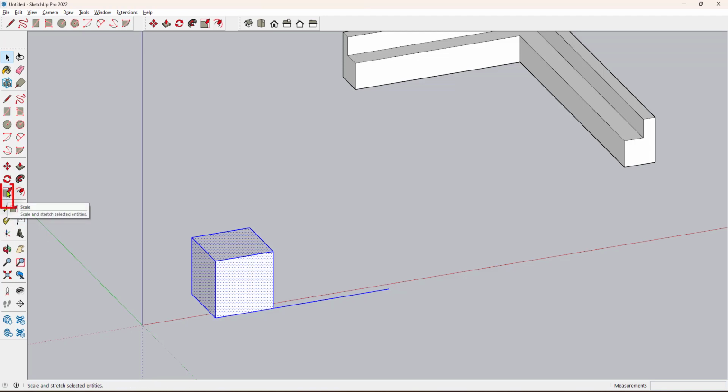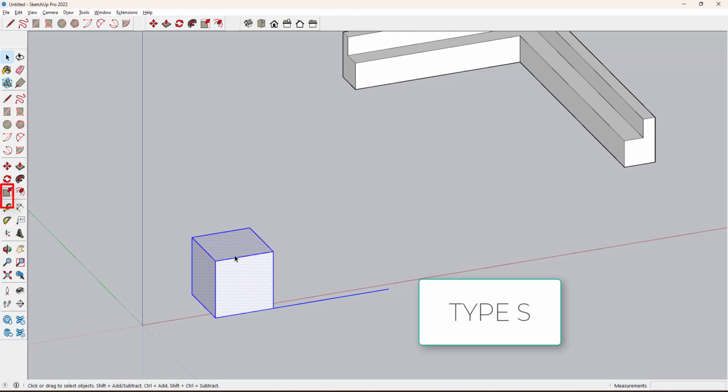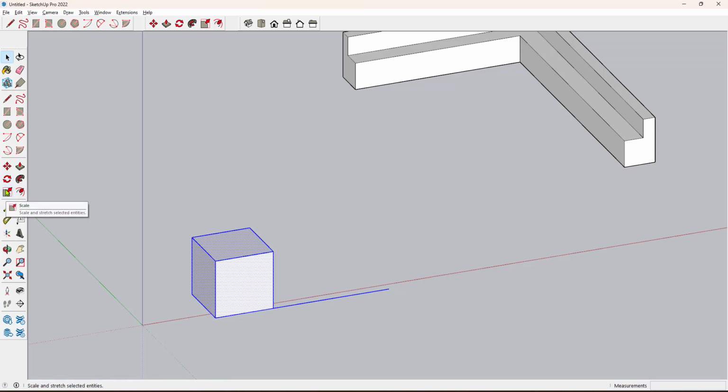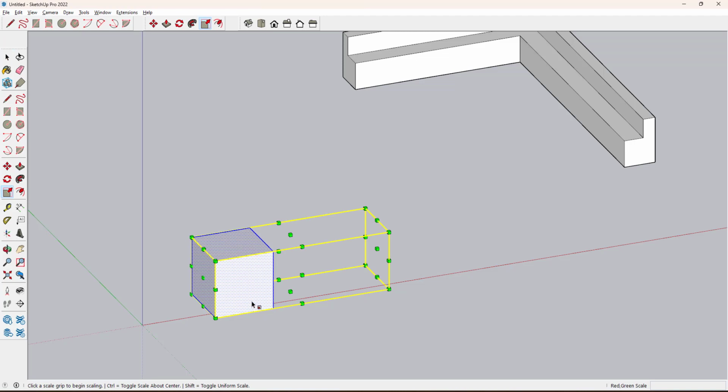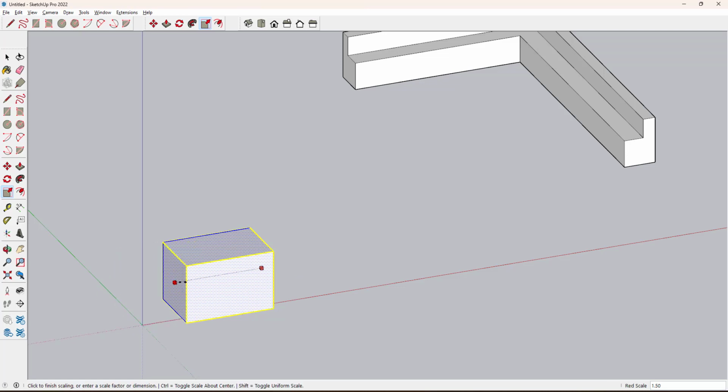then you click on the Scale tool. Before that, make sure you are selecting the object, and then get the Scale command, or else go with the shortcut, that is S. Next, once you click, I delete this line, select this one and get the Scale command. Once you press S, for each face I get control vertices to control it. So if you go with the center point, to scale up in a particular direction, you can even select this one and then just scale it up.